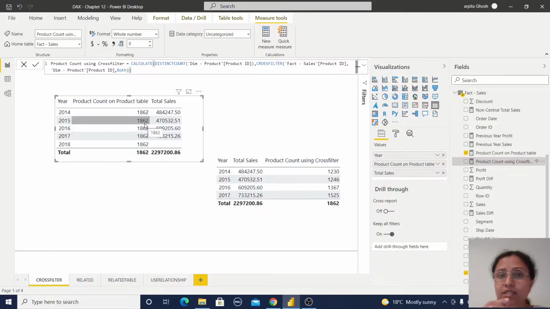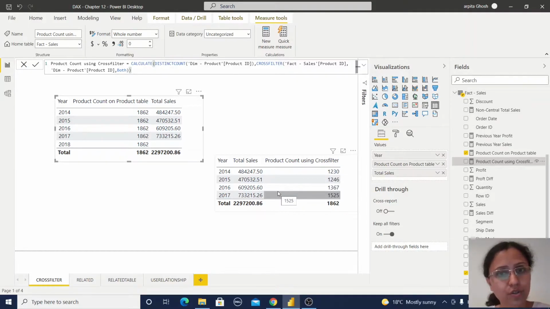Earlier it was considering the single cross filter direction, because in our relationship we have mentioned the single condition, whereas we need the both direction cross filter to calculate this measure. If I declare both, then it will show you the product count for every year. So in this way we can use CROSSFILTER.